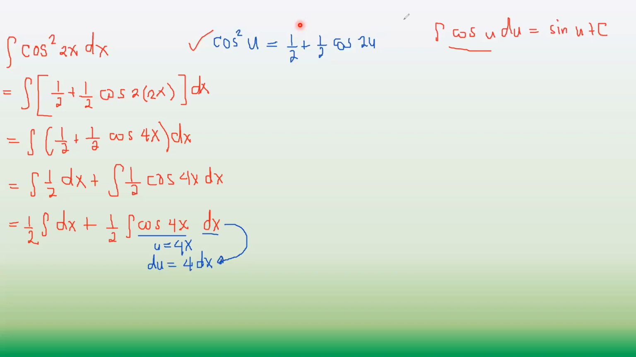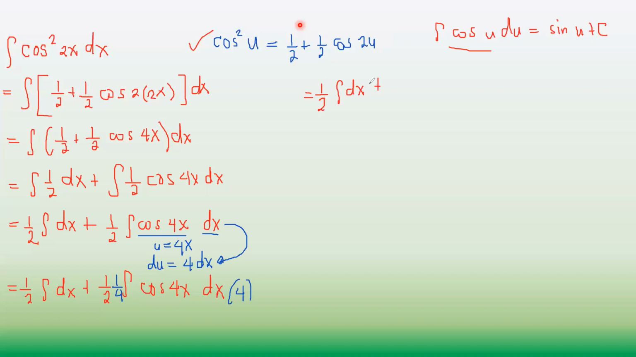Okay, using na natin. Then we will have 1 half integral of dx plus 1 half integral of cosine 4x dx. Since kulang siya ng 4, multiply natin siya by 4. Kaya dx multiply by 4. Lalabas tayo na reciprocal ng 4, which is 1 over 4. Ayusin pa natin. So we will have 1 half dx